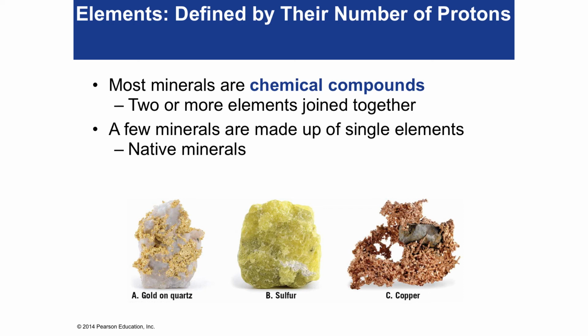So for instance, sulfur is going to be powdery, it's going to be yellow. Copper is metallic, it's going to be shiny, it's going to be hard, it's going to conduct electricity. They're going to have certain temperatures at which they melt or turn into gases. So one thing is different from another based upon what it's made out of and the structure of that substance. So when we look at minerals, we're going to be looking at a chemical compound of two or more elements,